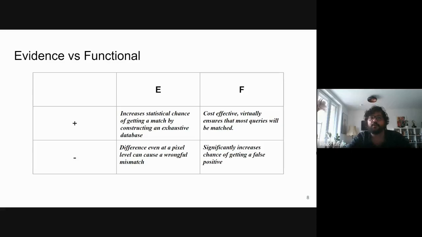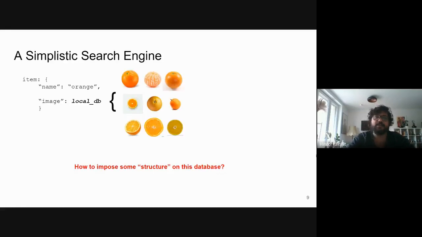And that's why what we need in realistic systems is a combination of the evidence-based approach as well as a functional approach. If we remember what we showed in the first slide, a database connected to a search engine is not just data, it's data plus some structure. When we say structure, it's a combination of evidence plus some functional approach. So let's try to do that in this system. Let's say we start with an evidence-based approach where we have a database.